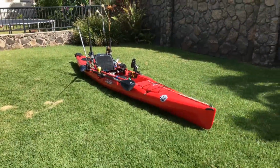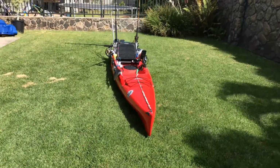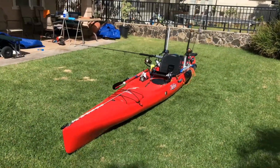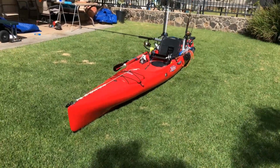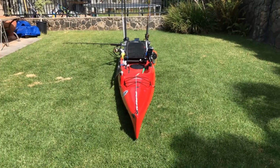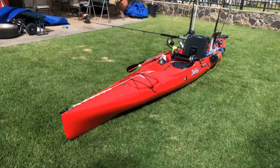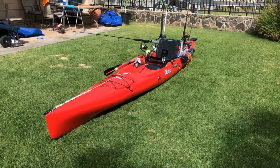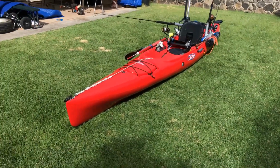This is a kayak check of my 2016 Hobie Revolution 16. There she is in all her glory. Love this boat. Very stable considering how fast and narrow it is. But yeah, I like it. I considered putting outriggers on, but so far so good. I've been in pretty big water with this thing, and she handles. Anyway,